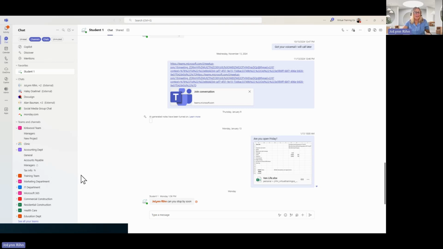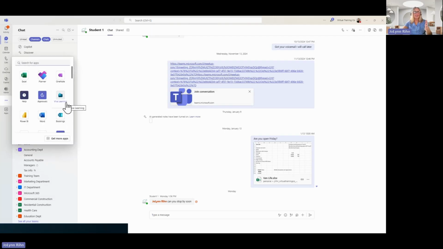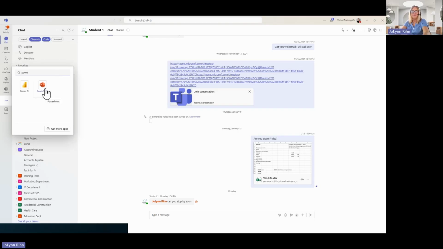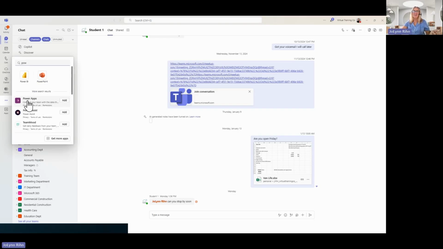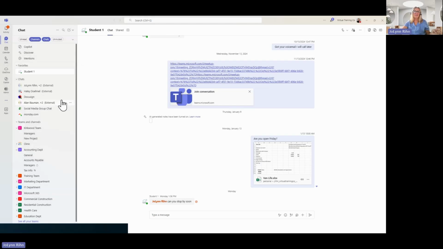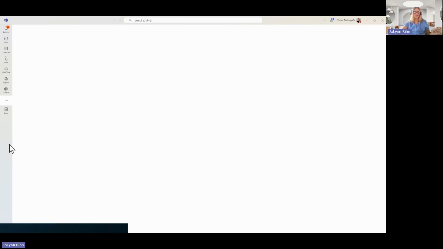But if you want to access the program, the actual Power Automate app, you can do so by adding it to the navigation on the left-hand side. So if you go into View More Apps, you could simply put in, and I'll just start typing Power, and oops, let me back up there because it was right here. I can see Power Apps right here. I'm going to click Add just so you can see that it will show up.